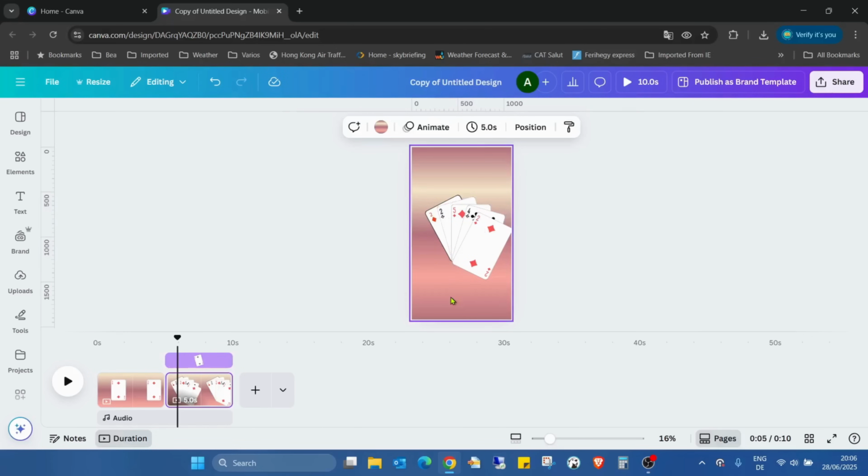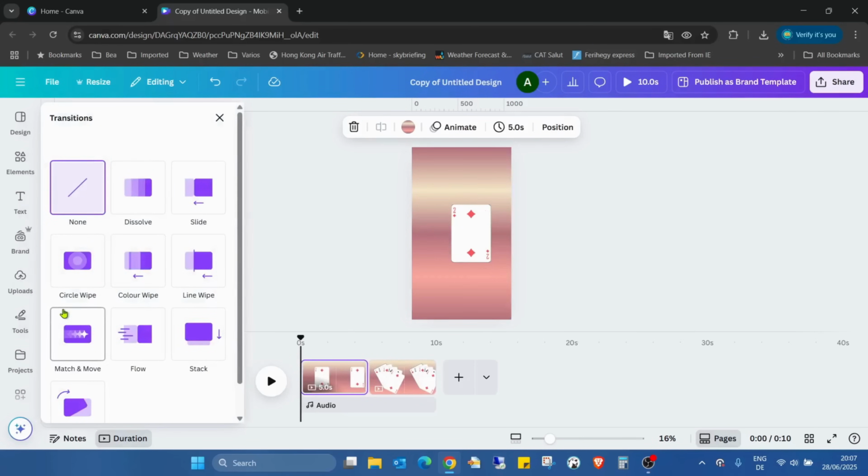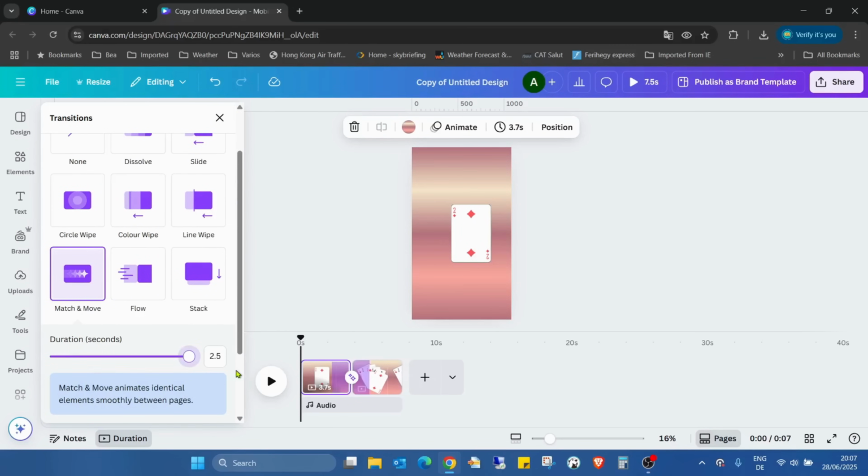Anyhow, this also depends on how you want to move this element. This is just an example. And now I go between the 2 pages, add a transition, and we can use our favorite, Match and Move. Extend the duration, and when I'm playing it,